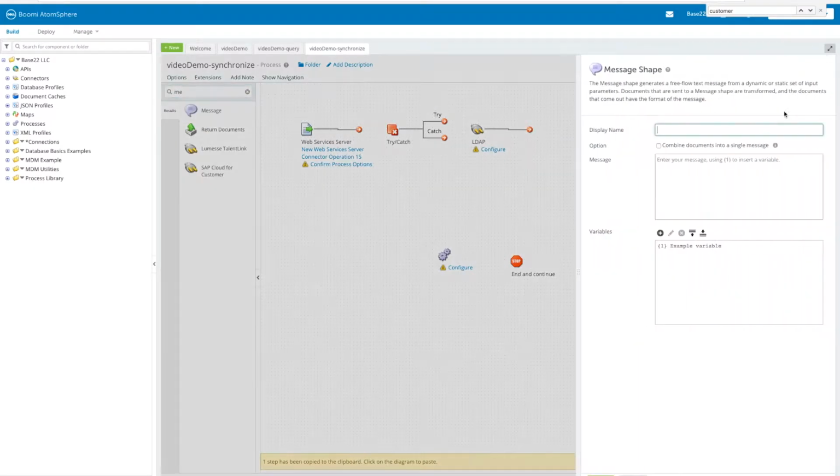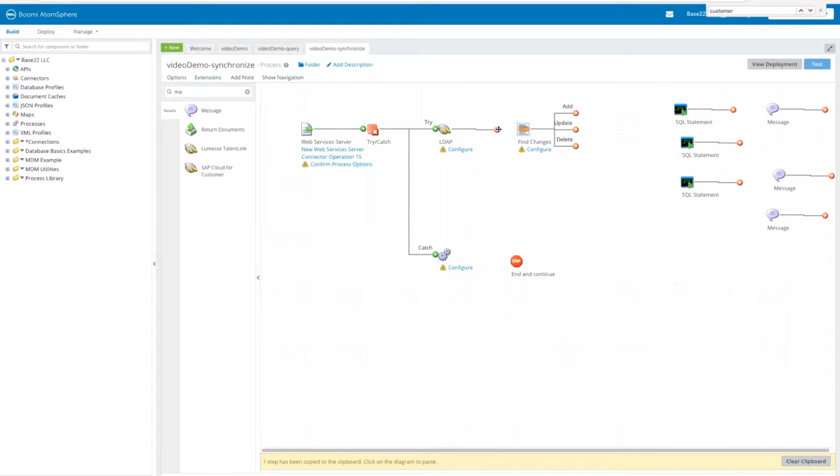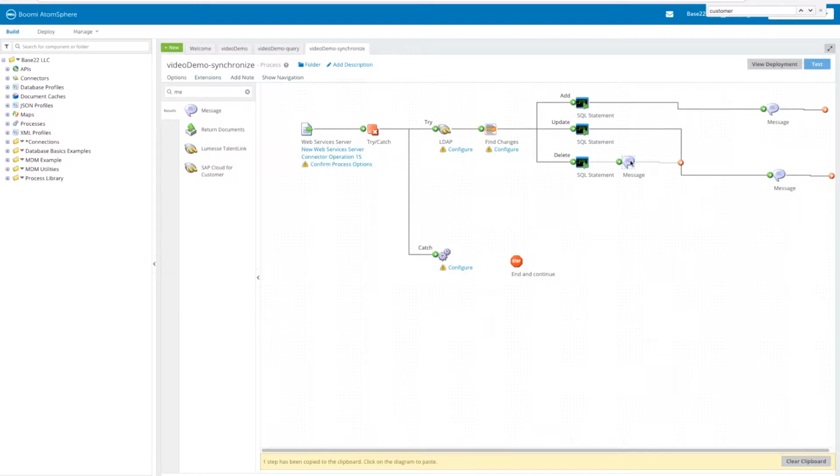And those documents are going to pass through the find changes shape. That is a very interesting shape. It maintains a record of the document that passed the last time through it, and using a key column it can know if the current documents have been updated, added, or deleted, and in any of those cases it will make them pass through the appropriate branch, in which we're just going to do an insert, update, or delete correspondingly,